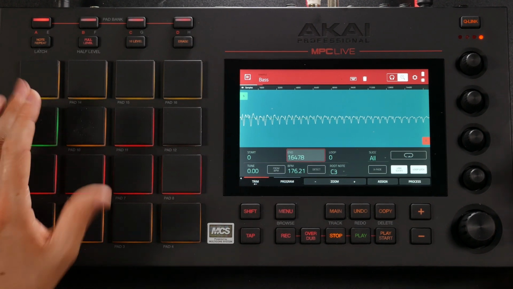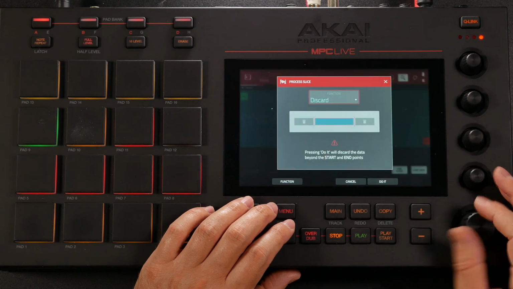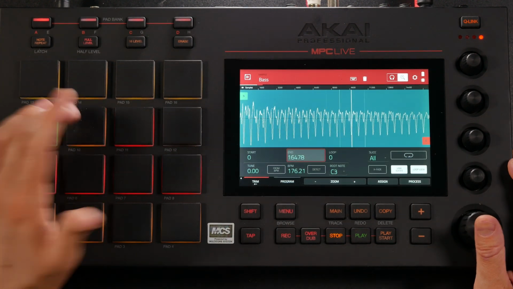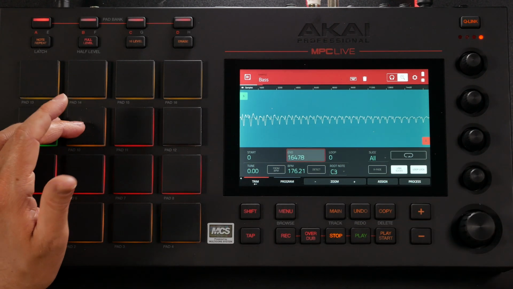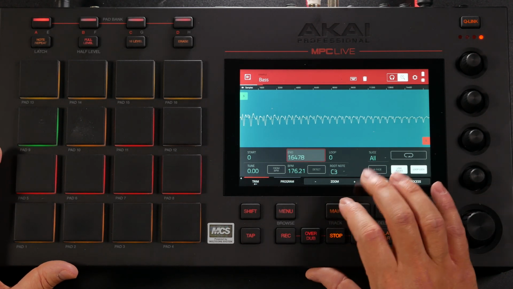But I have been, it's just an old habit. So I might actually do it on this one. So if I process it, I can normalize it. You hear how loud it makes it? I want to undo it. I'm just going to keep it off for this example, just to show you that you don't necessarily have to normalize it. All right, so now I'm going to go back to my main,